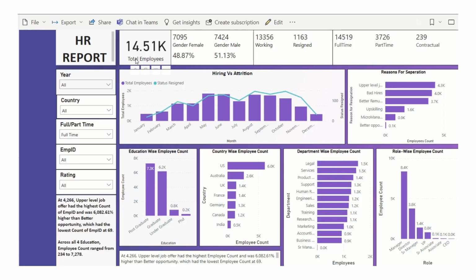Here's the HR department report showing you the status of employees working in an organization, how the count of them has varied education-wise, country-wise, department-wise, and by various other attributes. So I'll begin explaining this report from the card visuals that you see in the first row of this report,